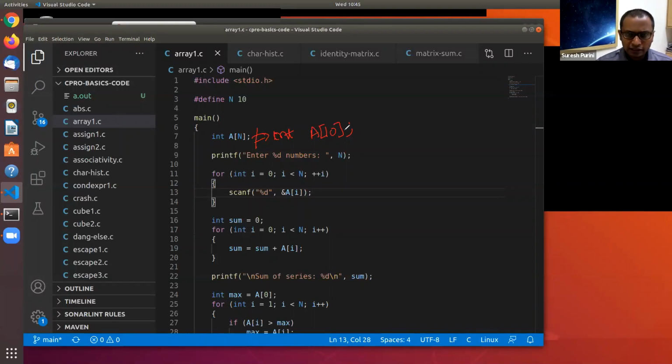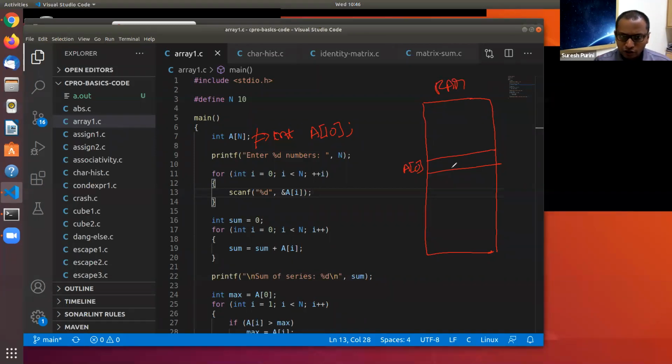So what it tells is we are declaring a variable by name a. It is what is called an array. It's an array of 10 elements, and the type of each element of the array is an integer. So in terms of the memory, this is your RAM or main memory.